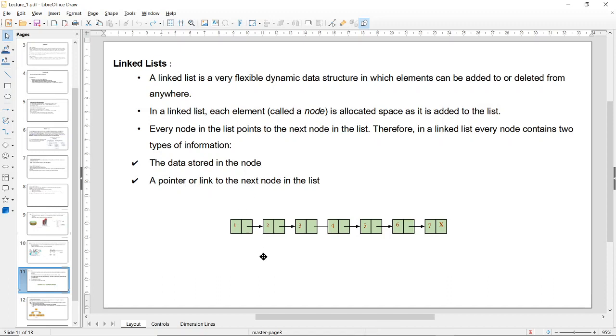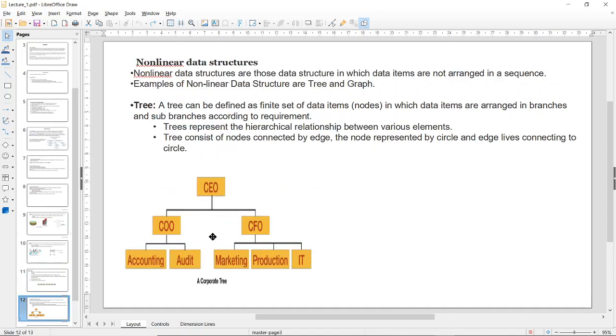The only way we can do that is store the address of the next variable or the next piece of data in the first value, right? This is what a linked list is. Now always remember this is a very flexible dynamic data structure and it is extremely important in data structures itself, right?